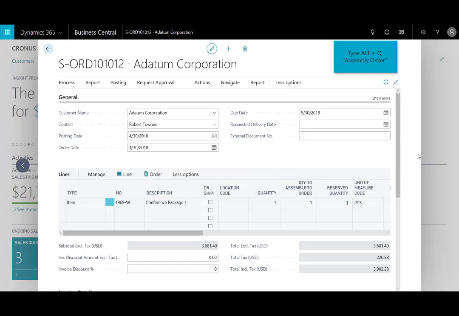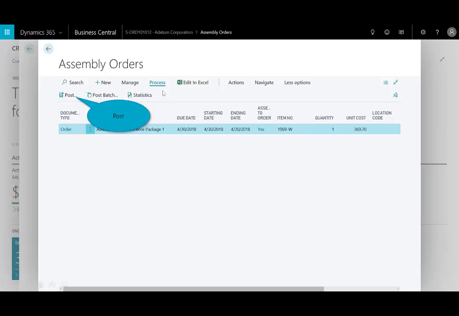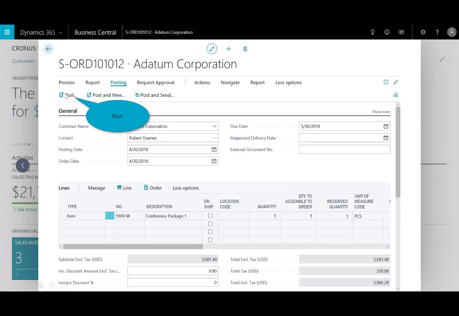Now from this window, I can just type in assembly order from the search, or again, use Alt Q. And when I do that, you'll see something a little different in the search menu: it is actually looking for the assembly orders right on this particular page. So I'll select assembly orders, and this is what I need to assemble to put it into inventory. By posting this assembly order, this will place the kit into inventory, and once that's complete, we can use that to complete the sales order. So again, assuming that it's been posted and assembled, I'm back here in the sales order,